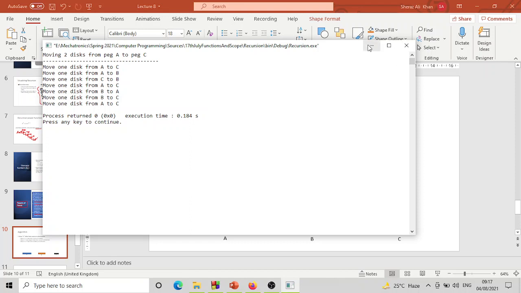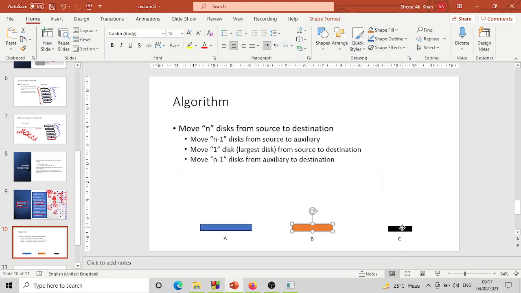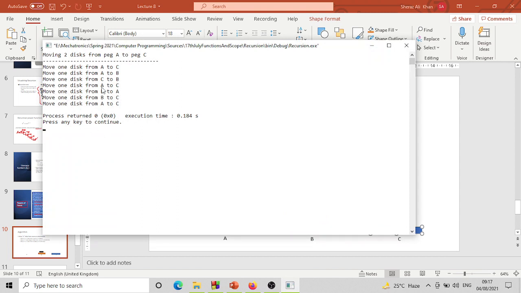move one disk from A to B। फिर हमने यहाँ पे C पे जो डिस्क रखी थी तो उसको हमने यहाँ पे लेना है। तो ये वो जो पहला स्टेप था ना कि यहाँ से दो डिस्क को रखना है B पे, ये वो कंप्लीट हो गया। अब हमने बड़ी वाली डिस्क को मूव कर देना है from A to C, ठीक है। Move one disk from A to C, ये वो बड़ी वाली डिस्क की मूवमेंट हो गई।